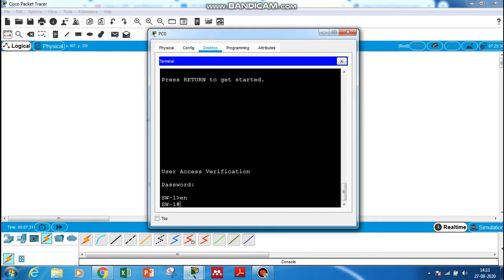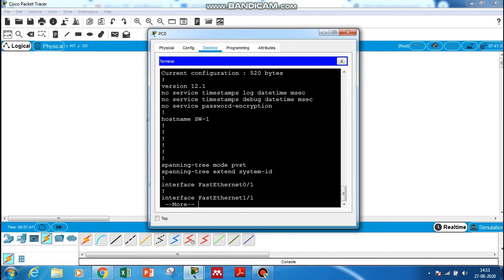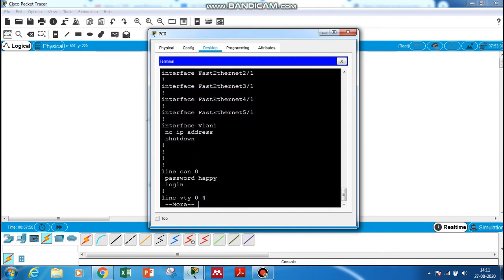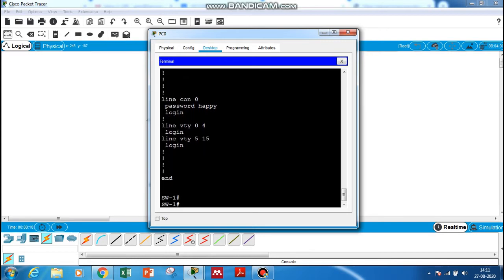Now there are two memories available in every Cisco device. One is the permanent memory and the other one is the running memory. So to check out the running memory, you can give show run. This sh run is the short form of show running-config. So let's type this, enter, and you could see that the host name we have set is reflected here, and also the console, we have set a password for the console, that is also available. And now you could see that the password is available as plain text. So in the end of this, we will see how to encrypt it.